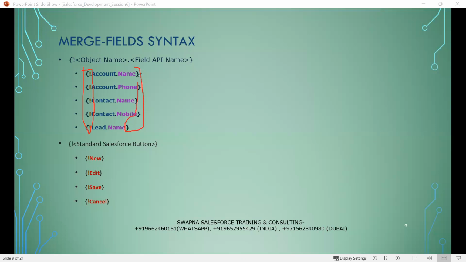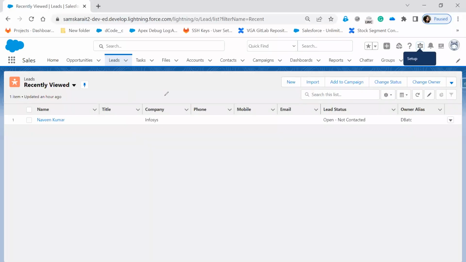There is no exclamation at the end. Within this, we write the object name and the field API name. Now, what is the field API name here? If you go to the account,